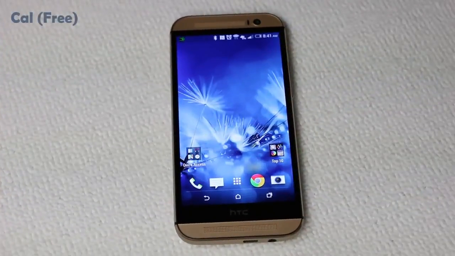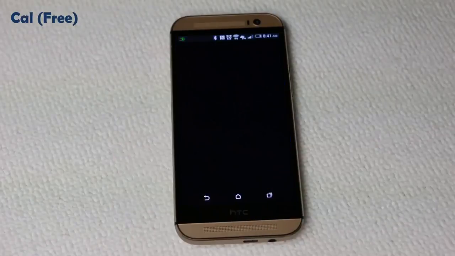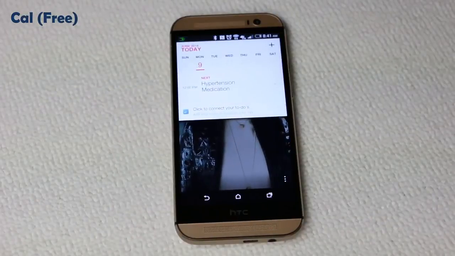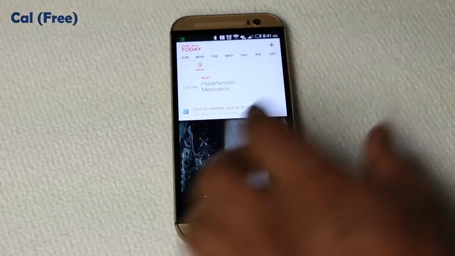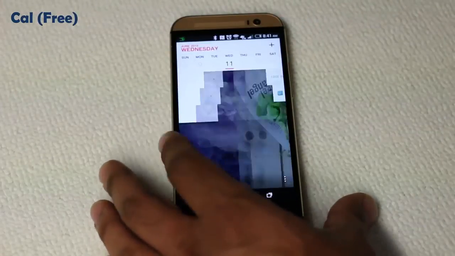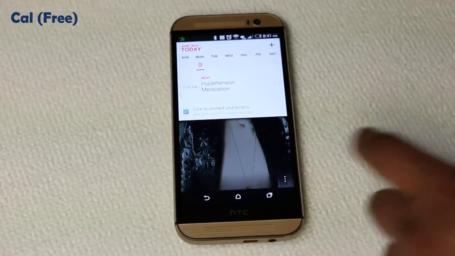Alright, so the next application I want to talk about is called Cal. So this is a calendar application. It's free, and it allows you to use a different calendar instead of your basic calendar that comes with your Android. Now the thing is, it has a pretty interface, so it gives you a today view. You can swipe over Tuesday, Wednesday, Thursday, Friday. Let's go back to Monday, and then you can go to settings,